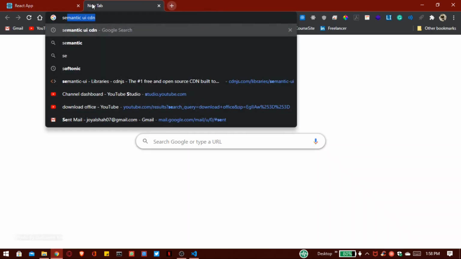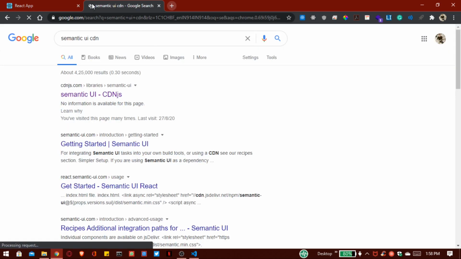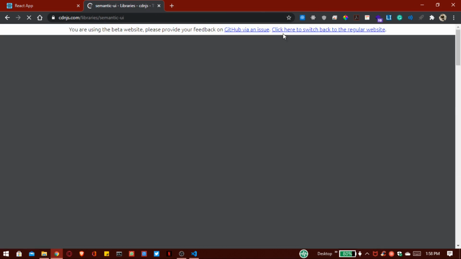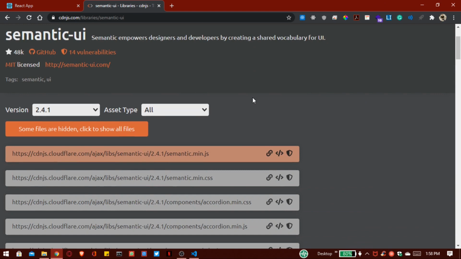So now the time has come to add styling inside our project. As you saw in our earlier video, we used Bootstrap for the styling, but now inside this project I want to use Semantic UI. So first of all, you should get prior knowledge about how it works for the CSS. Now I want to paste our CSS link inside my index.html file. So I want to use this link. If you don't find it here, then press Ctrl F to find it